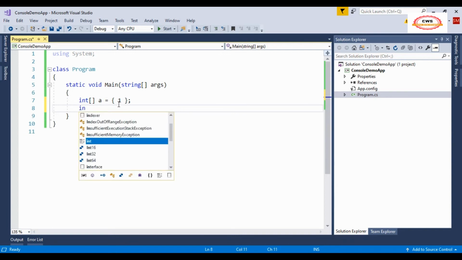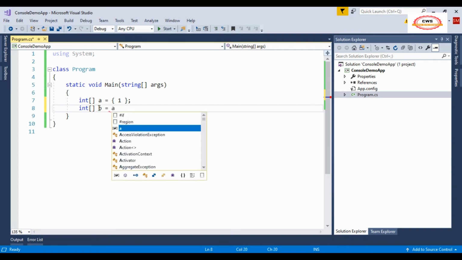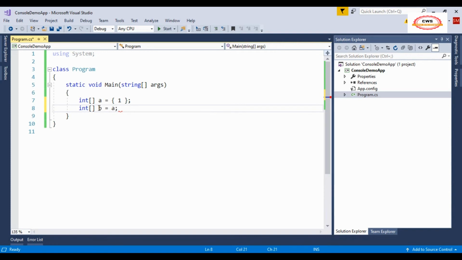Suppose I am taking another integer array b, and I am assigning a to b.